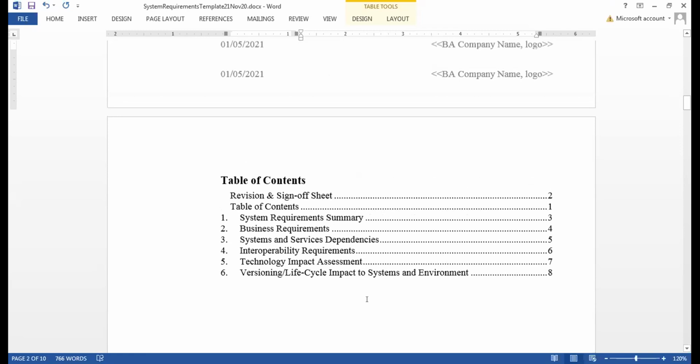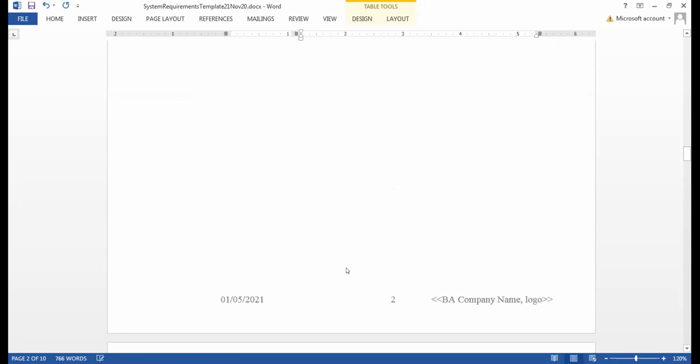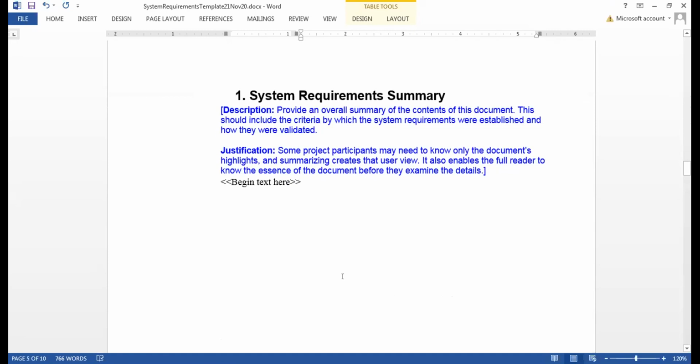This is normally referred to as TOC, which means table of contents. The table of contents basically has this revision sign-off sheet. Then we have the business requirement summary. This business requirement summary normally talks about the overall contents of the document and the project justification, why we should build this enhancement management system for State Farm. And it has a couple of lines about State Farm.